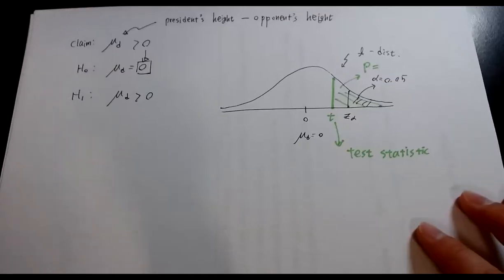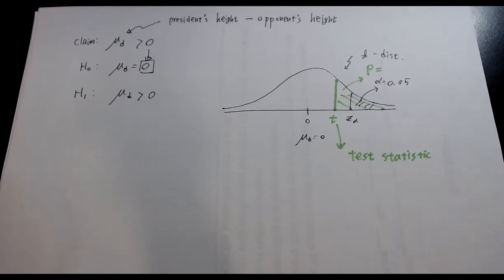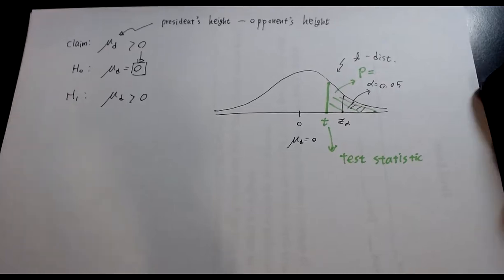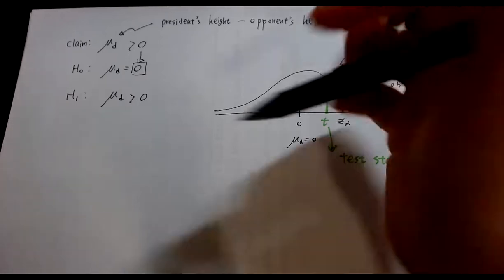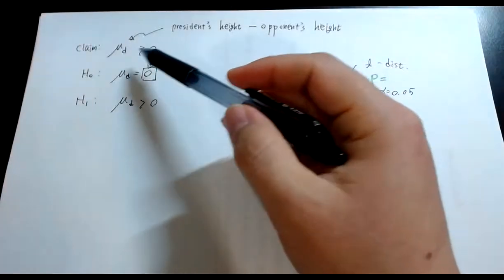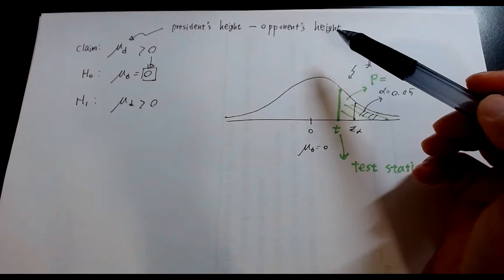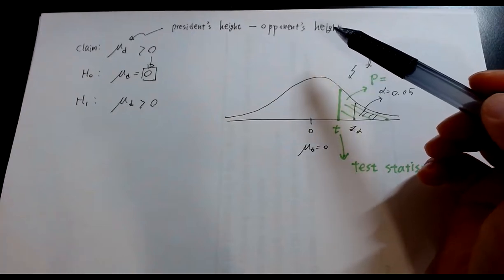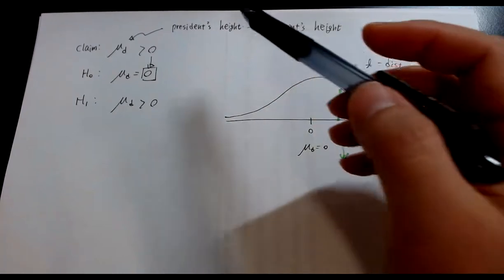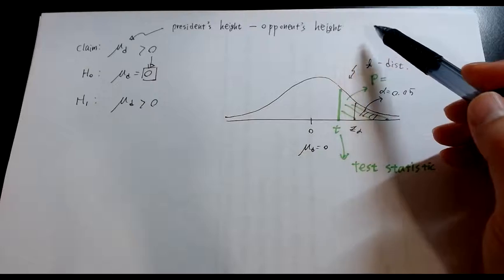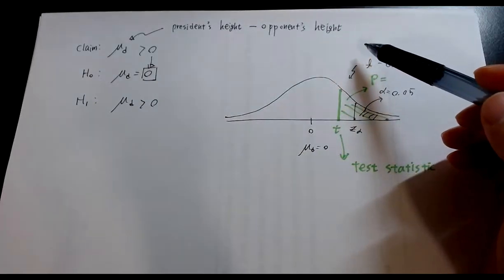All right, so since the claim is that presidents elected in the U.S. have a mean height taller than their opponents at the 0.05 significance level, the claim is that mu sub d is greater than 0. So mu sub d is what? The president's height minus the opponent's height. It is the mean of the president's height minus the opponent's height obtained from the two dependent samples,